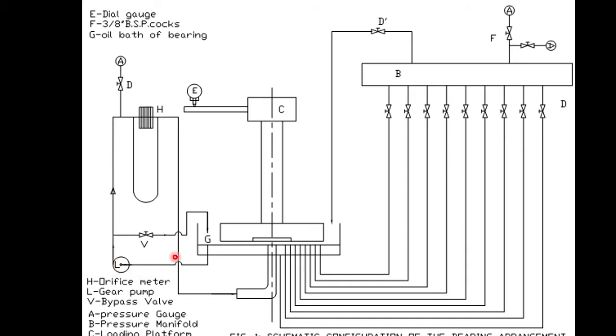What else is there? There is a valve, which is known as a bypass valve. So this V is a bypass valve. If we open this valve, the flow will come directly here. Why will it come in this path? Because we have some resistance in this path,